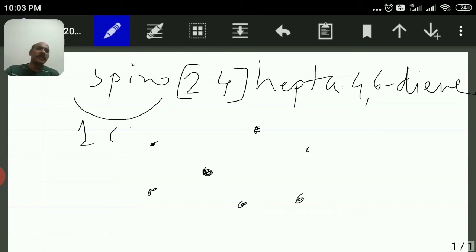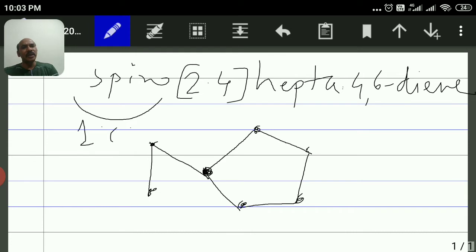Okay, so here is the spirocarbon atom, this middle big dot. You have to connect those two carbon atoms to each other. You have to connect those four carbon atoms to each other. Then connect that four carbon part to the common carbon, that is the spirocarbon, like this. And then connect that small ring part, that two carbon part, to the common carbon, that is the spirocarbon, like this. So it is a structure.